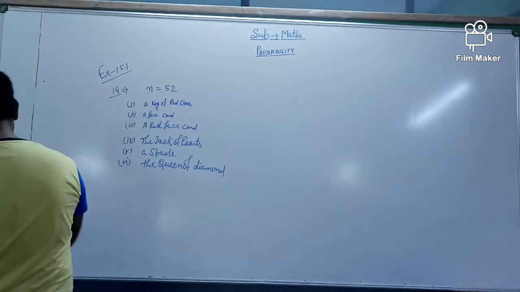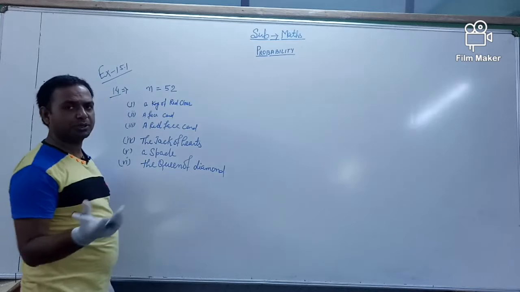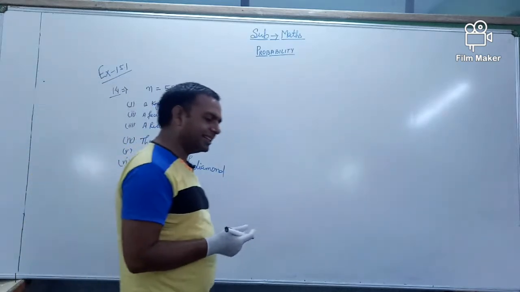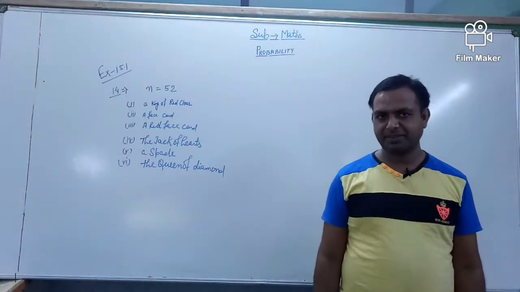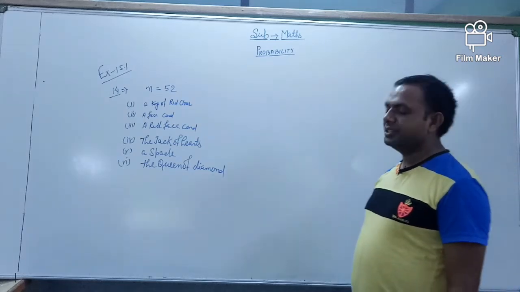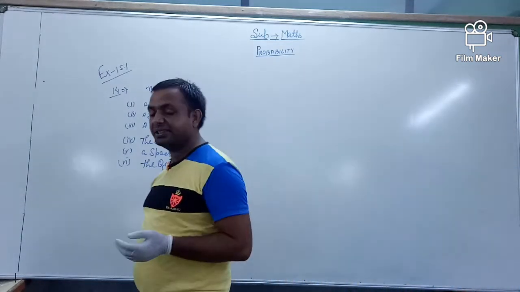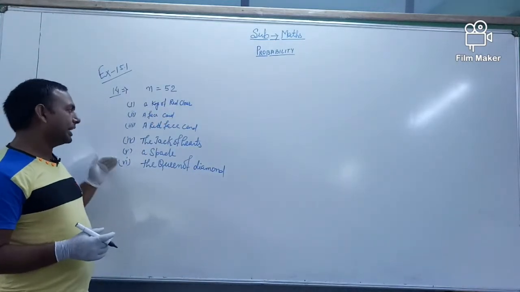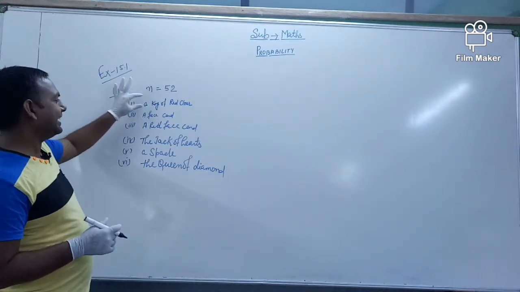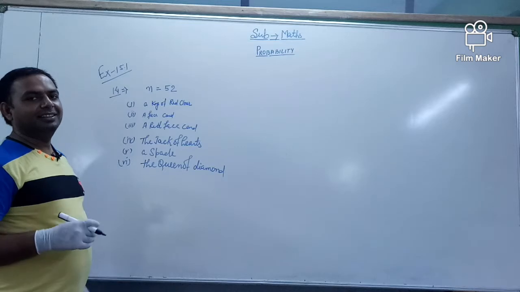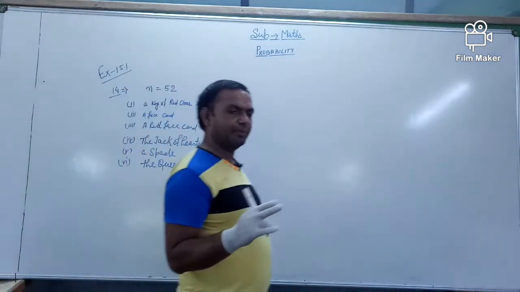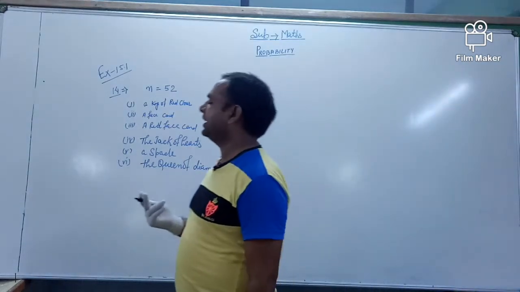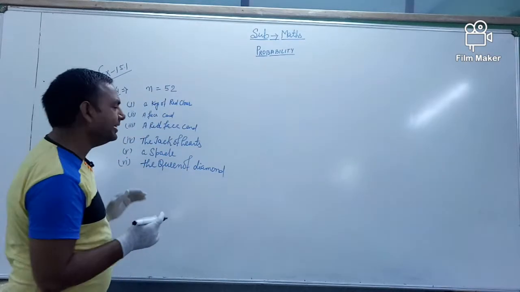Okay, so first we are talking about playing cards. In a deck of playing cards, there are a total of 52 cards. There are 4 sets, 2 of red color and 2 of black color. One is called diamond, another is spade, then heart, and then club. These are the 4 types of cards. So first question, a king of the red color. Red color, there are the diamond and heart, both are red. So there are 4 kings, but 2 are black and 2 are red.